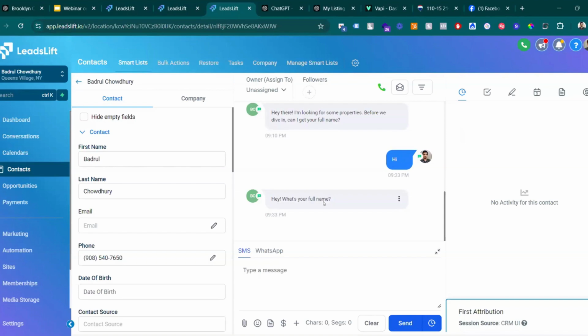Because AI is now getting trained about yourself and your business, if a question comes after the 10th question or any other question the client asks, it can easily answer. And it can take your information like full name, email, and phone number.